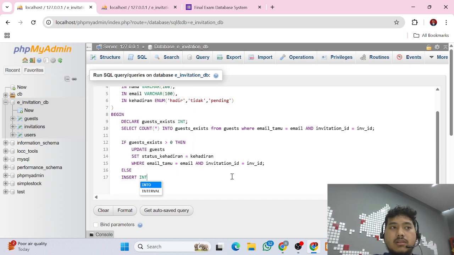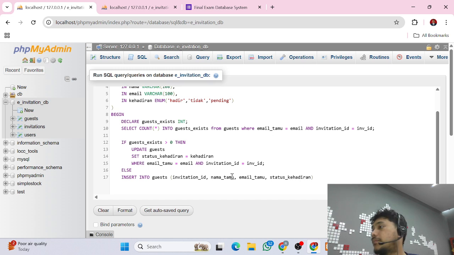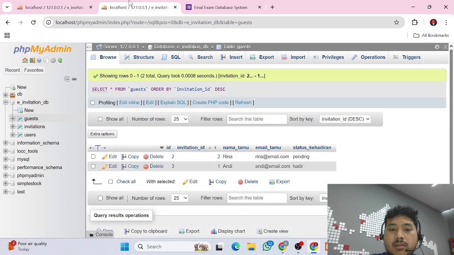Insert into guest invitation ID, nama tamu, email tamu, and status kehadiran. Okay, I will check the table first.